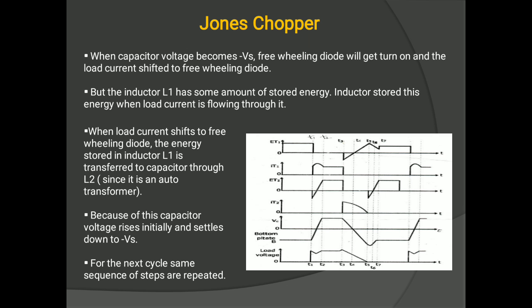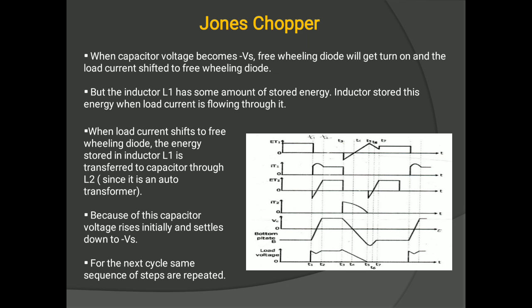The use of the auto transformer ensures that whenever current is delivered from the DC source to the load, a voltage is induced in L2 in the correct polarity for charging the commutating capacitor to a voltage higher than EDC. So, the auto transformer measurably enhances the reliability of the circuit.